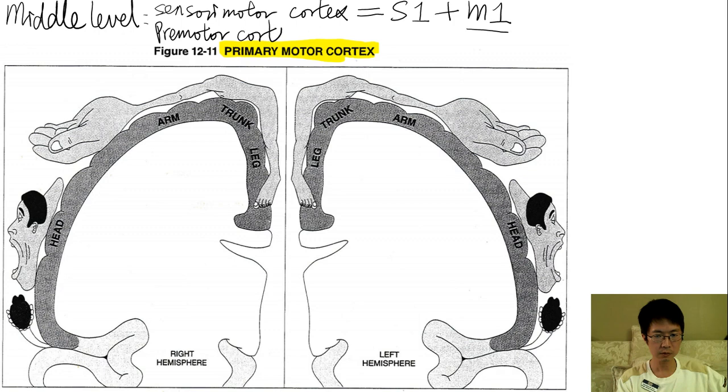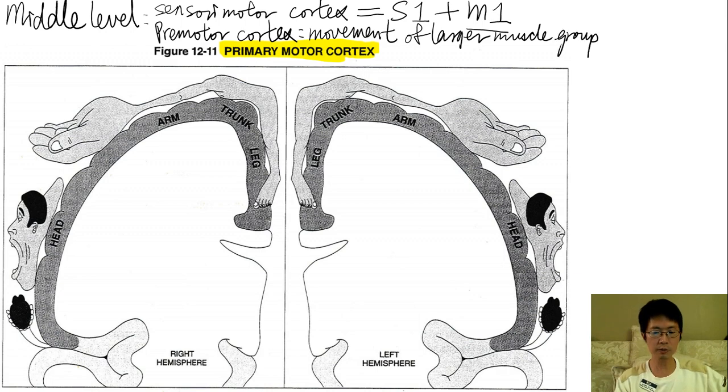Premotor cortex, what's the function of that? It is to control the movement of larger muscle groups. Control movement of larger muscle groups. Okay,